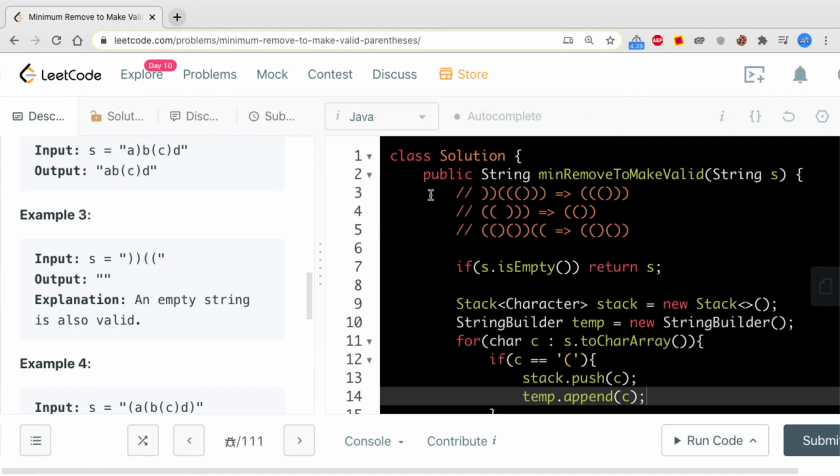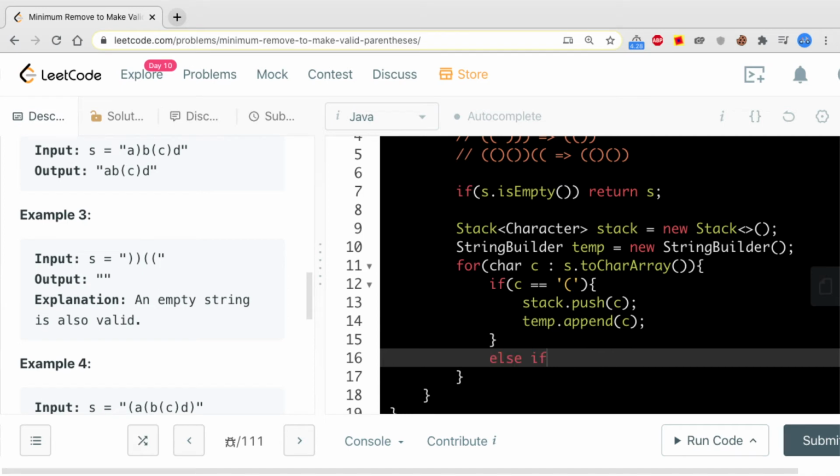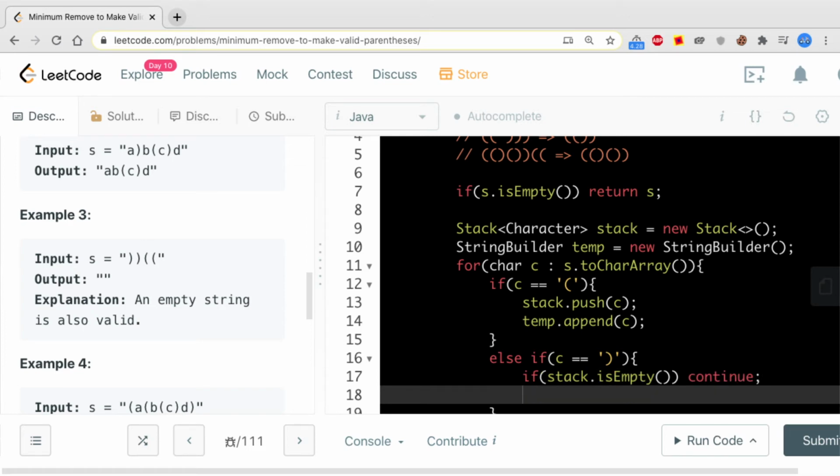Okay, and what if c is equal to the closing one? We know that if it is a closing one, then something should be on the stack. If my stack is empty, I'm ignoring this character. If the stack is not empty, then my stack top should be an opening one.